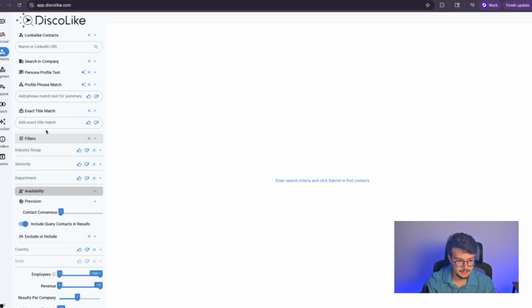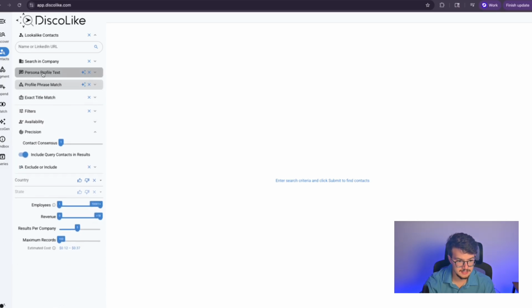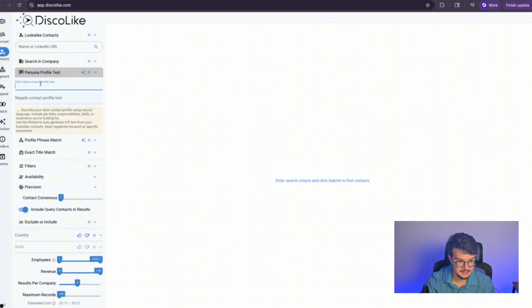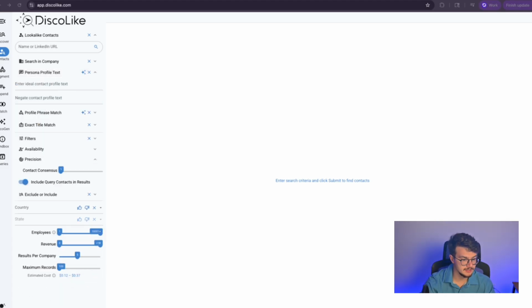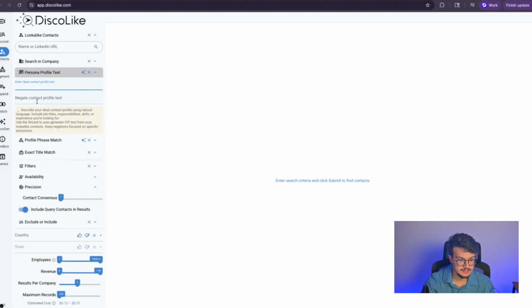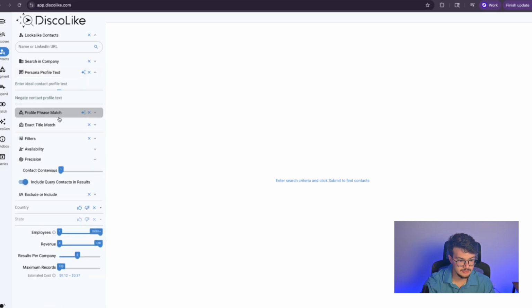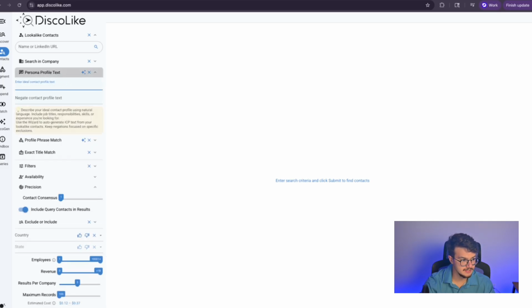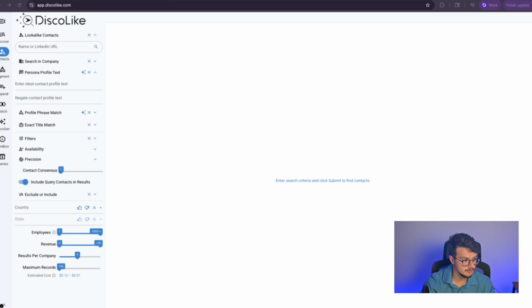Now, specifically here, what I would recommend at the time being is to use this persona profile text. How the persona profile text works is very simple. This will actually go ahead and understand the job titles, the responsibilities, skills, and experience that you are looking to target. So if I were to just pull, let's say, our standard decision makers, effectively I would just want to pull